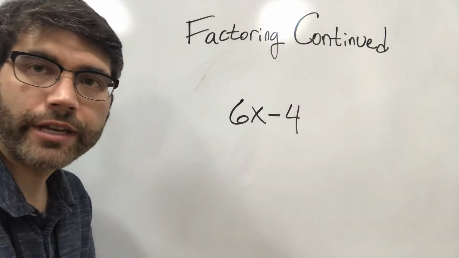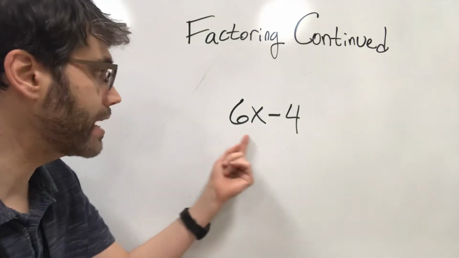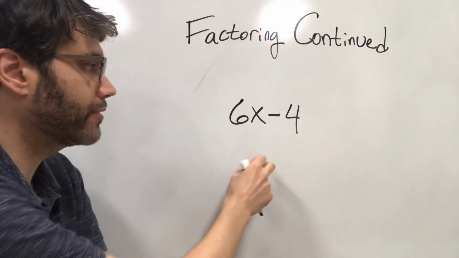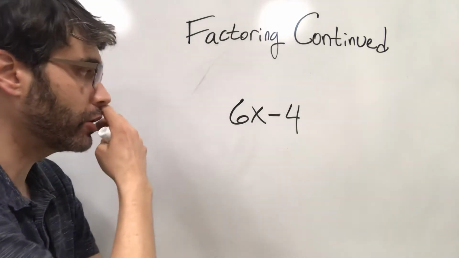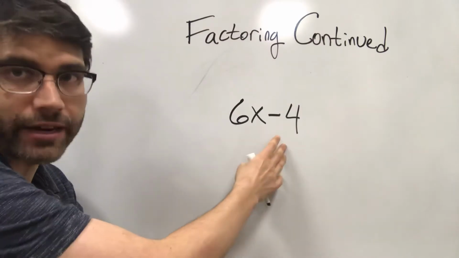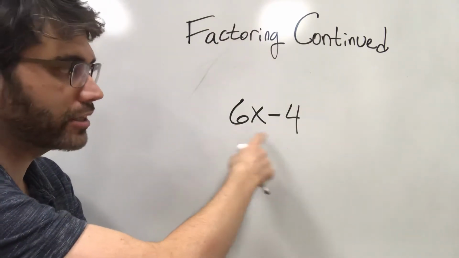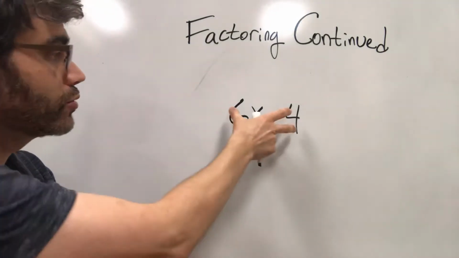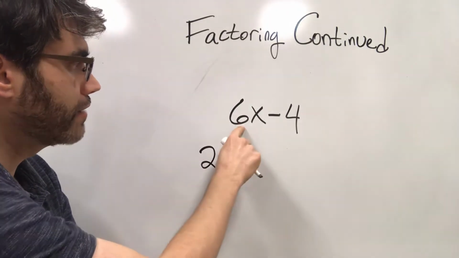All right, in this video, I'd like to continue with some factoring, getting a little bit more complicated. So here we have an expression, 6x minus 4, and we're trying to pull out the greatest common factor that lives in both of these. So it looks like 2 is the greatest common factor because 2 goes into 6 three times and into 4 twice. So what we can do is we can extract the 2, and then if we pull the 2 out